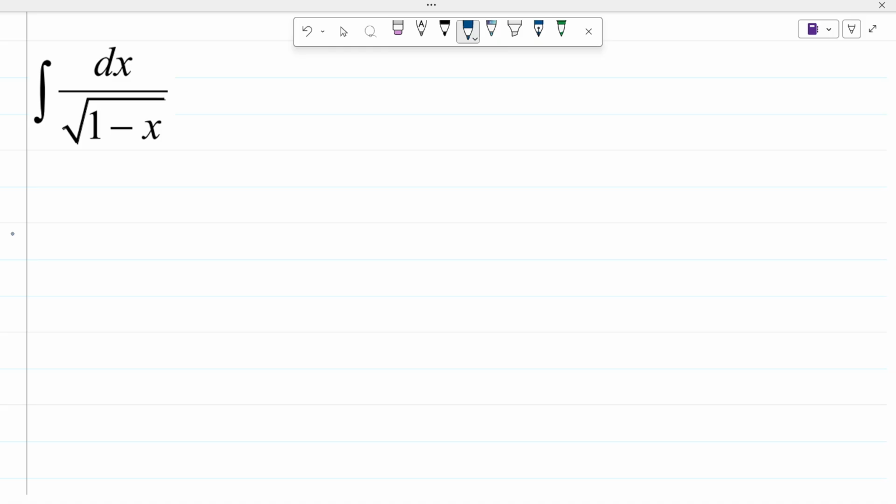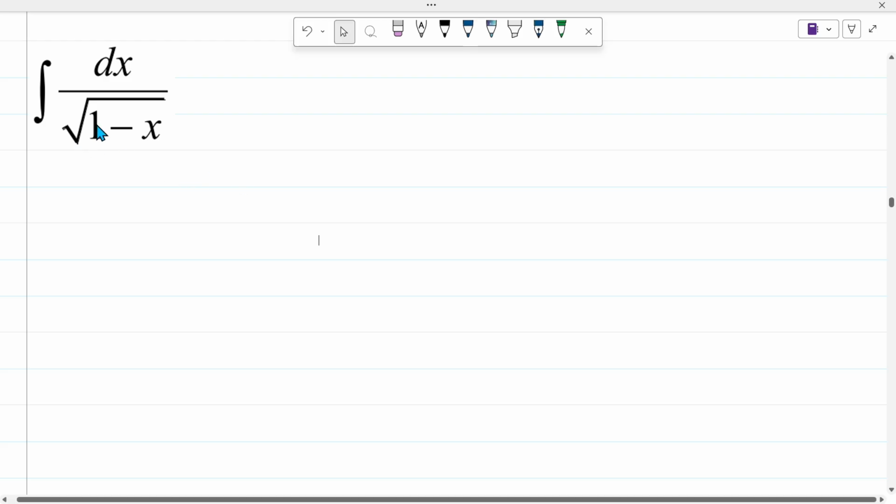So now we have the integral of dx divided by the root of 1 minus x. First question first, can we simplify this? No. Do we have a function and its derivative? Yes. So if we let 1 minus x be our f of x, the derivative of this has to be -1, but then we don't have -1, we have +1 here. So we know that we can always cook the numbers as well as the signs, so we can